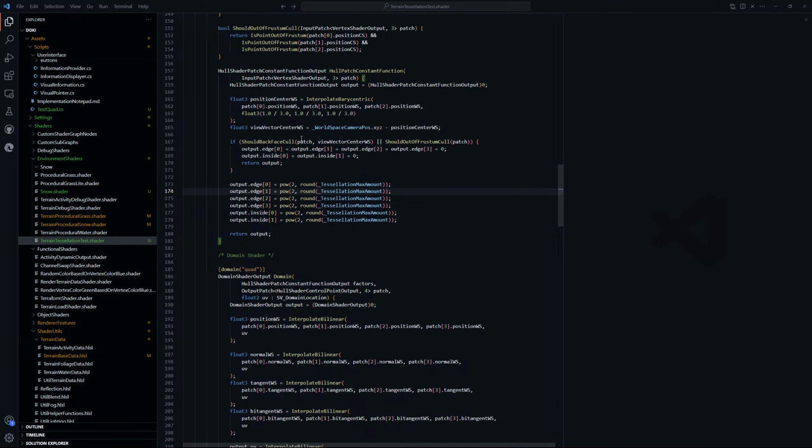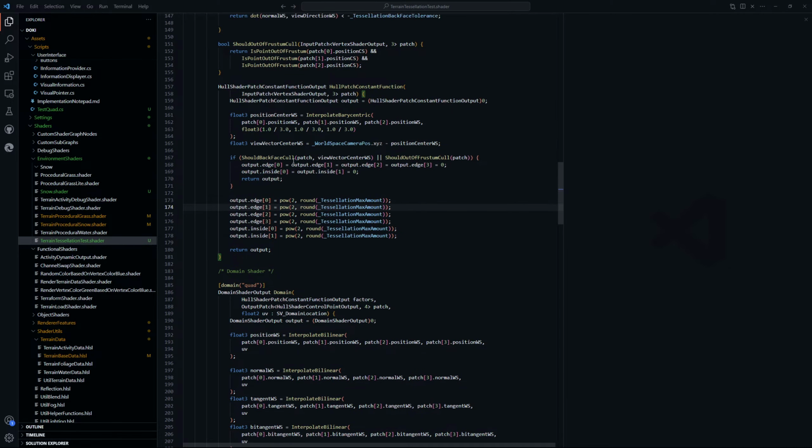Should backface cull? If so, we set all of them to 0. And then here, I just want to do, if we get to this point, so that means during the tessellation, we're not gonna frustum cull or backface cull the triangle. We want to subdivide it. In this case, we're gonna do